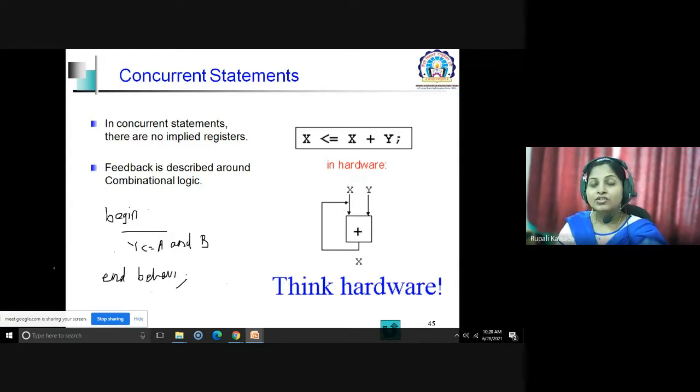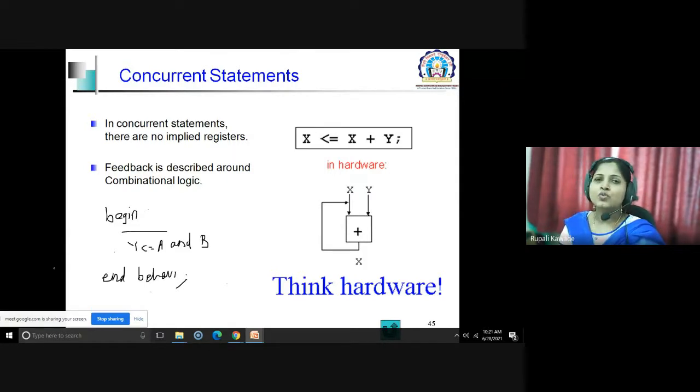But VHDL, as I'm saying, is a concurrent language. So when can we say that a particular statement starts execution? Here the structure of VHDL code is an entity and then an architecture. The entity gives the external interface, and the architecture gives the functionality.